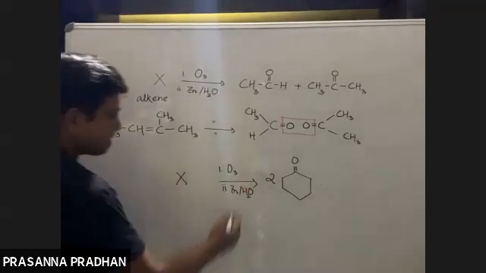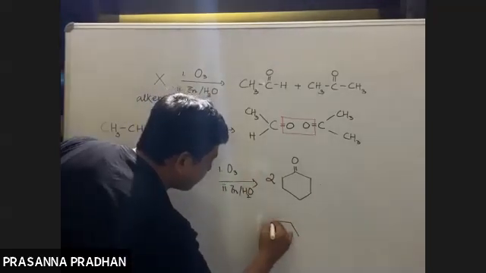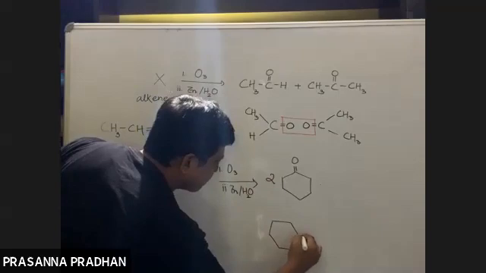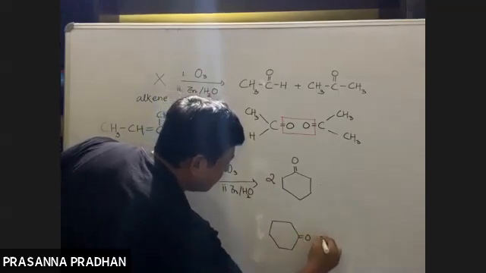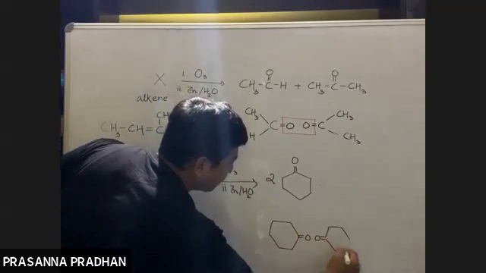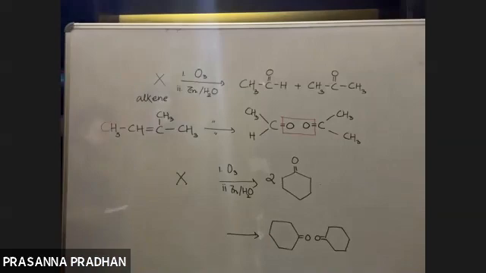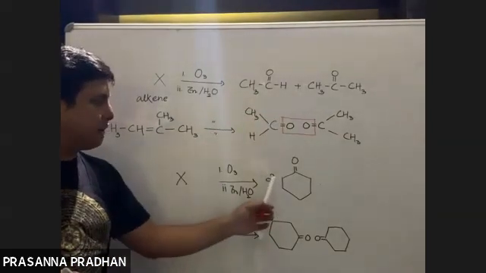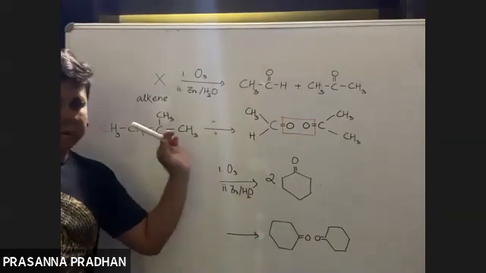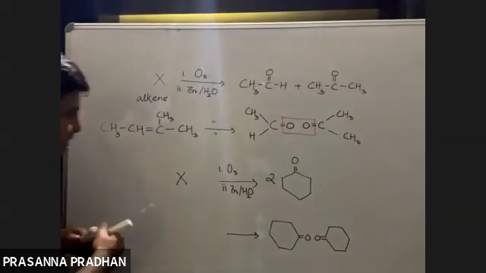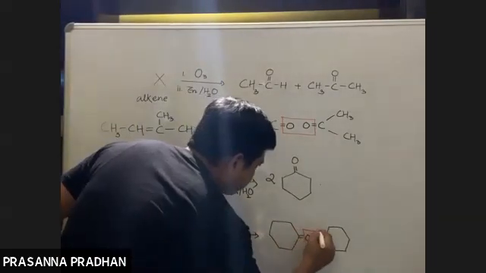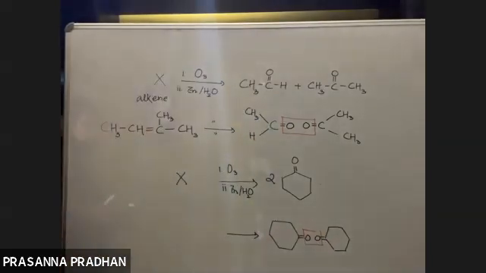2 moles. Now I'm going to write down the structure in such a way that the CO groups face each other, like this. Here it is 2 moles; earlier there were 2 different compounds, here it is the same compound but 2 moles. So now simply I'm going to eliminate this oxygen. Remove the O2. Now what will be the structure?